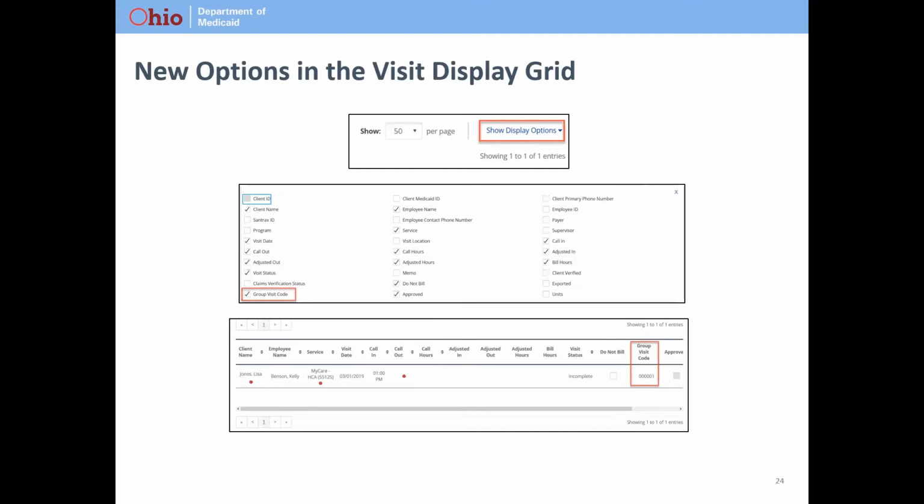I also want to point out before we leave this screen, for any EVV providers who were using EVV in phase 1, or for new phase 2 providers, you could check the units box as well before closing the show display options, and it would show units in your visit display grid for the visits that are showing for you. So that's a quick way that you can quickly see and compare to your claims what visits are in EVV, or what units rather are assigned to visits in EVV or have been calculated, versus what units you have placed